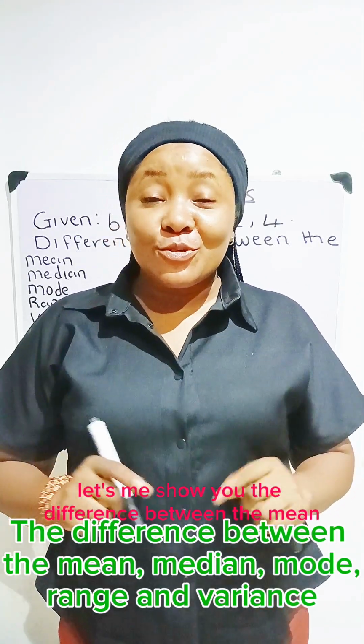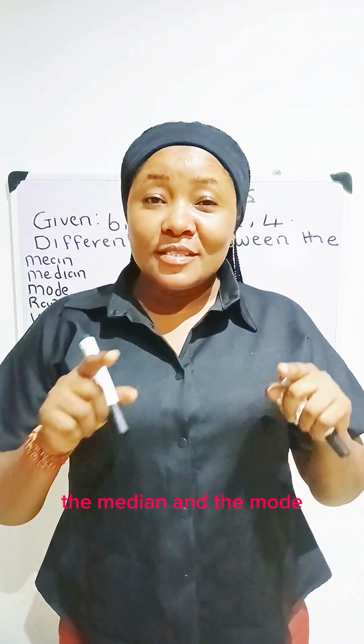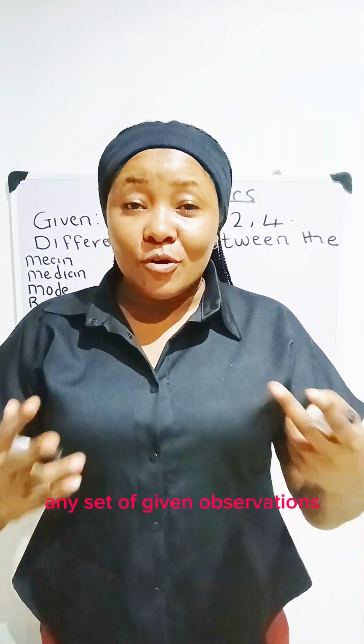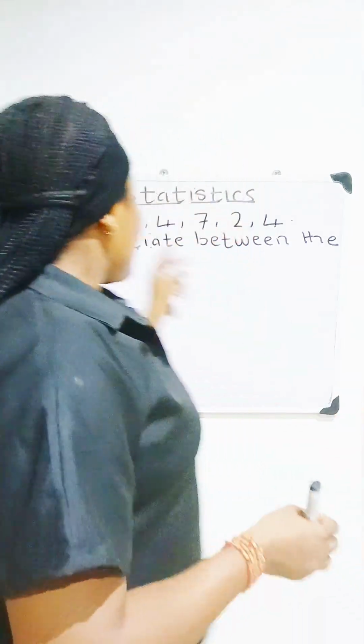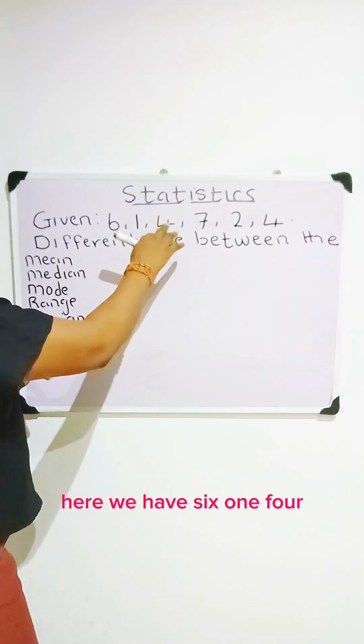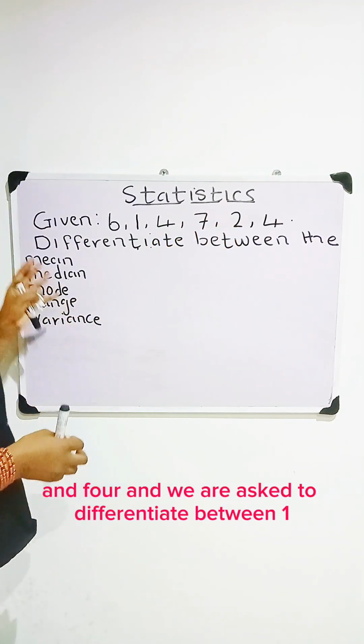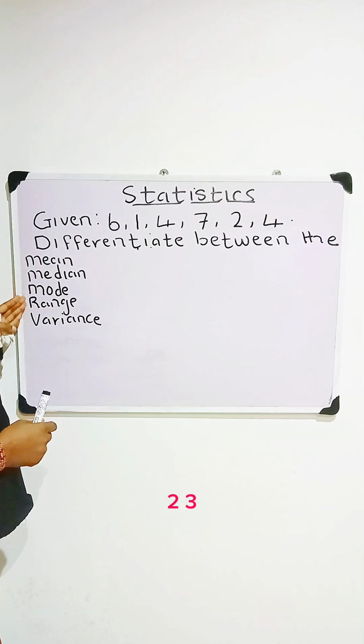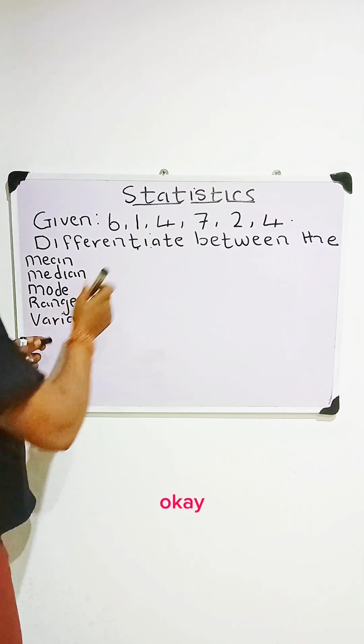So let me show you the difference between the mean, the median, the mode, the range, and the variance of any set of given observations. Okay, so here we have 6, 1, 4, 7, 2, and 4, and we are asked to differentiate between 1, 2, 3, 4, and 5. Okay, so our solution,